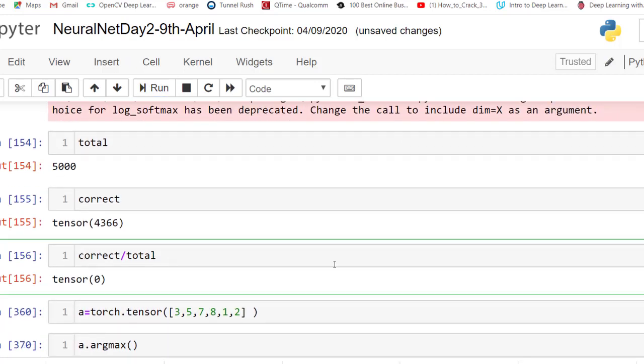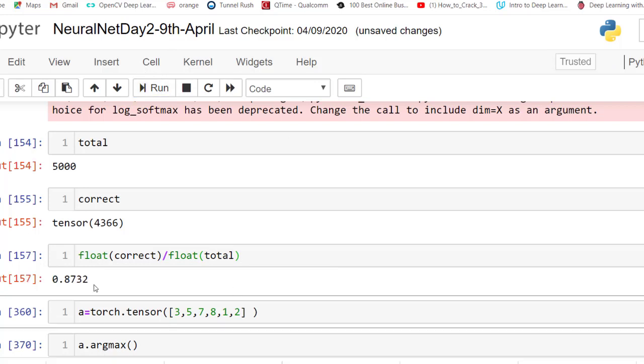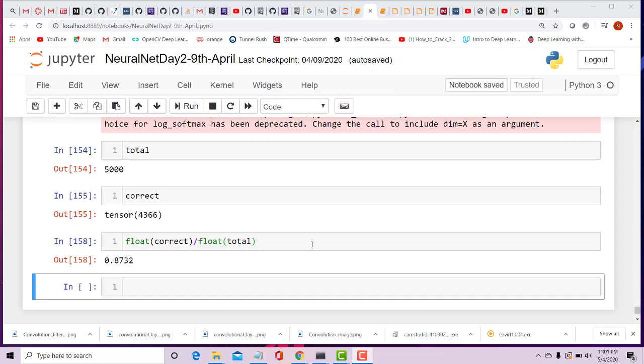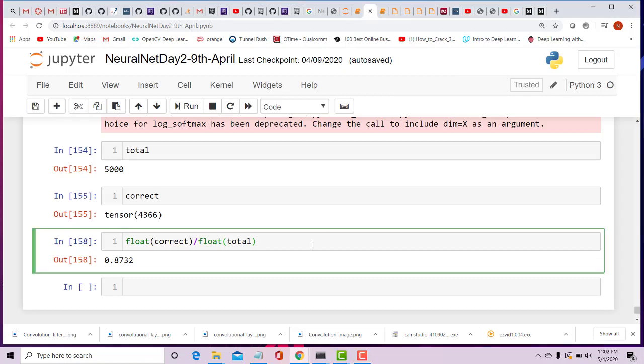Or I should say float of correct divided by float of total. So 87% accuracy is pretty good.